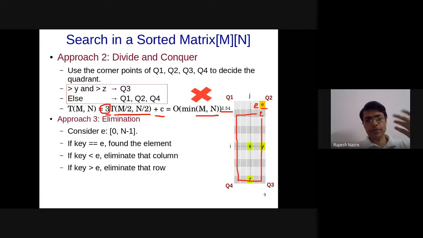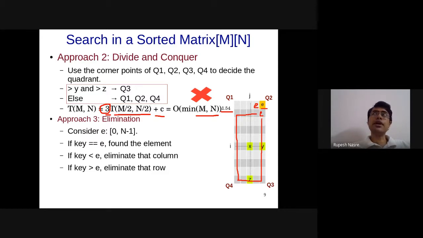But you can probably improve upon it by saying that I am going to go over one column or the row, and as soon as I have only a column left or only a row left, at that time I am going to do binary search.